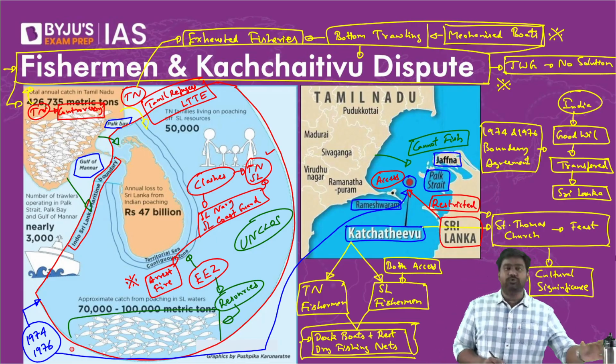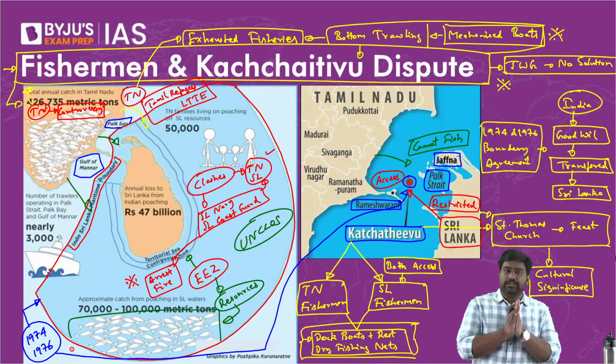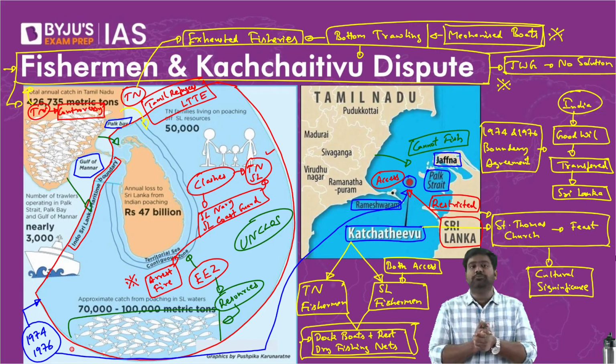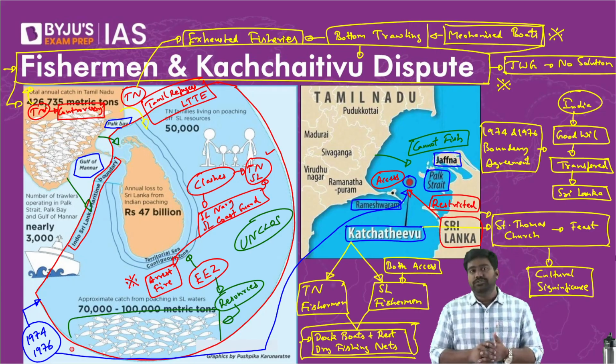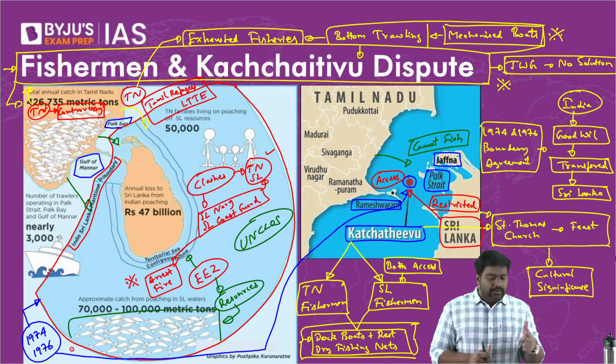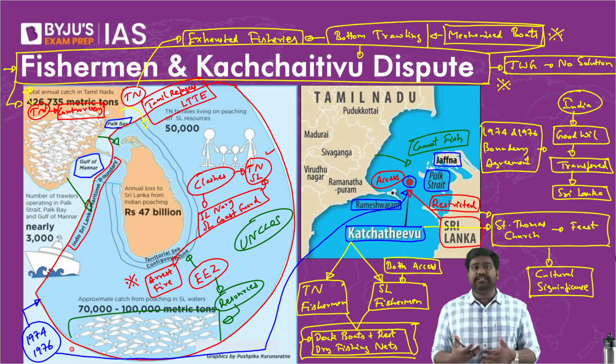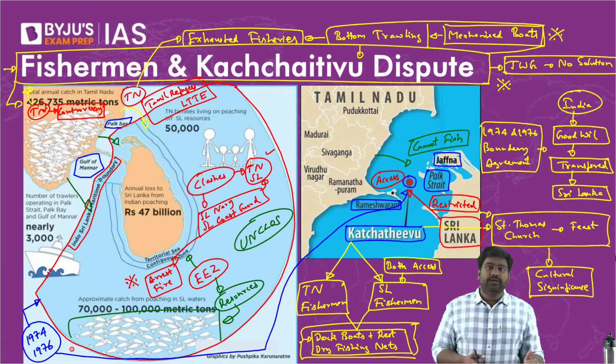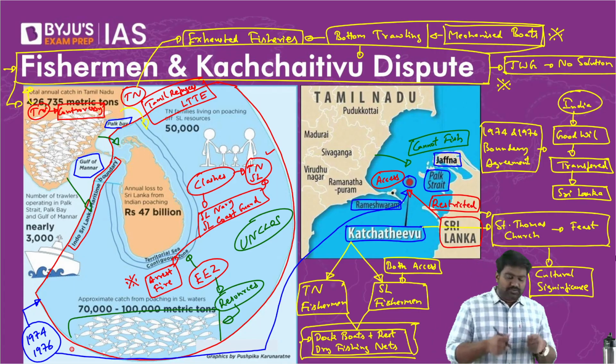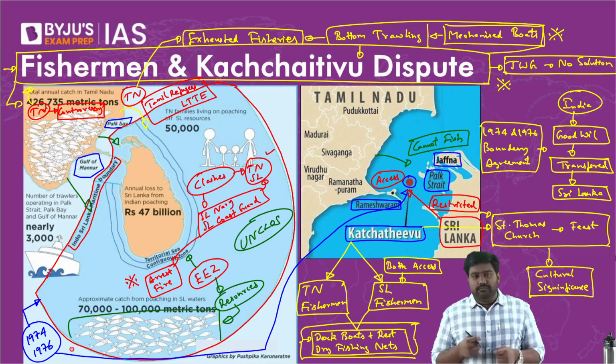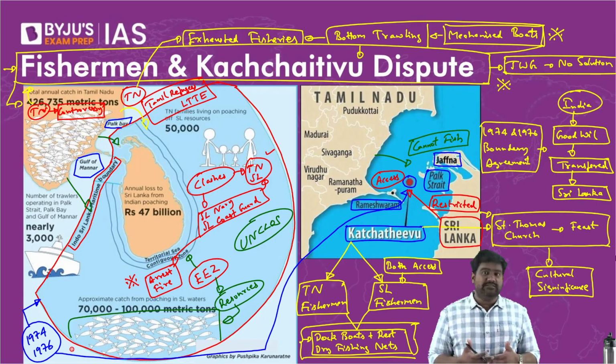The main focus is to educate our fishermen, ensure they don't cross over, ensure they don't use bottom trawling, which leads to exhaustion of fisheries on the Indian side, and provide them better training and awareness so that if they have transponders and GPS kits, they know where they are. They know that they shouldn't be crossing into Sri Lankan waters. Plus, improved patrolling from the Indian forces as well. But despite all the measures, several incidents happen every now and then. In the last 1 year itself, 3-4 incidents have happened.